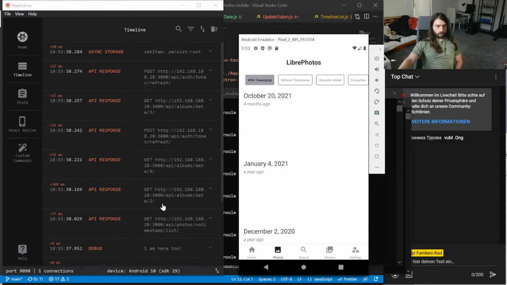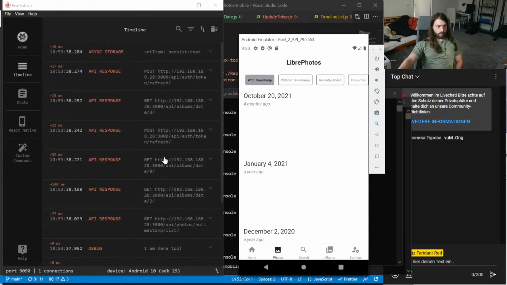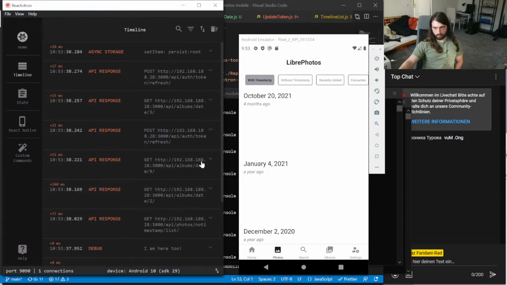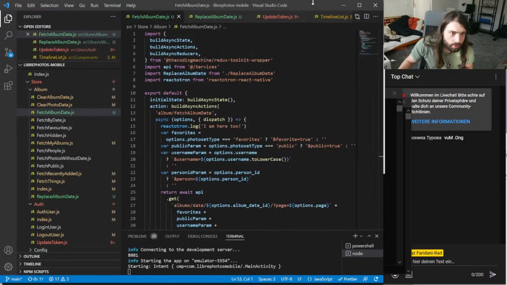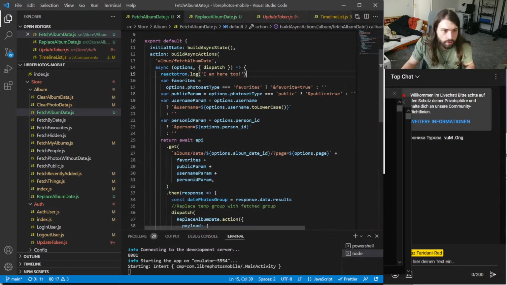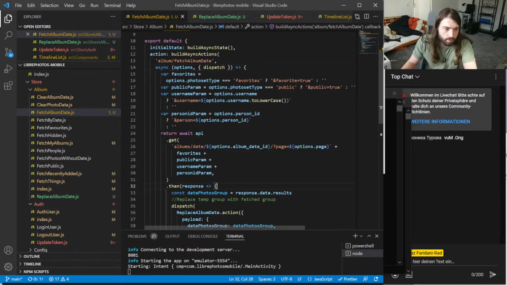Okay, so we made the things, but it just doesn't dispatch that to the new thing. Which is weird, right? Because we definitely are in here. So let's move this log statement into here.